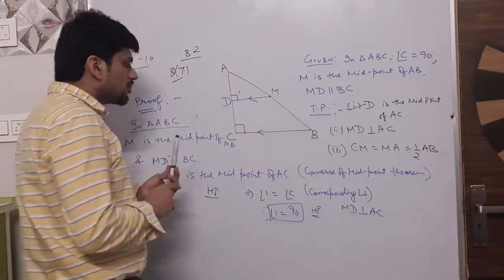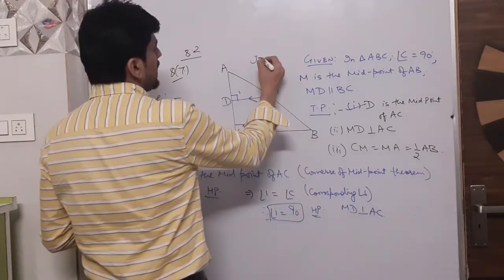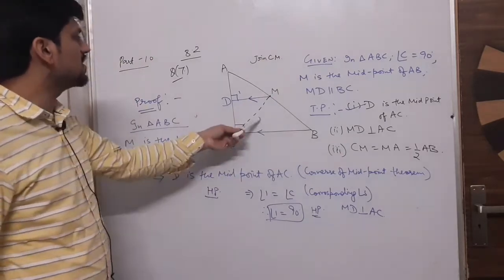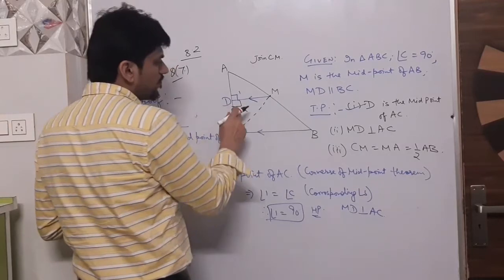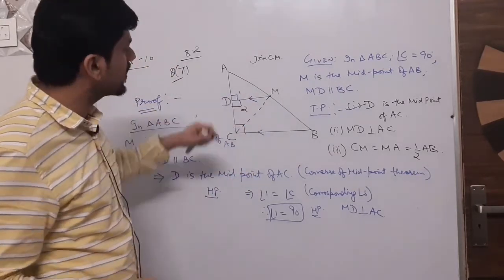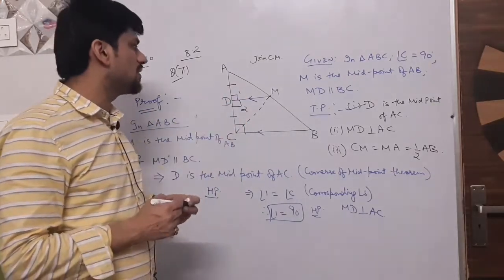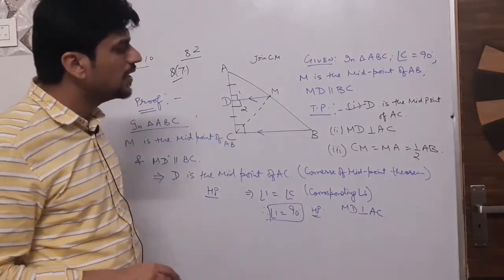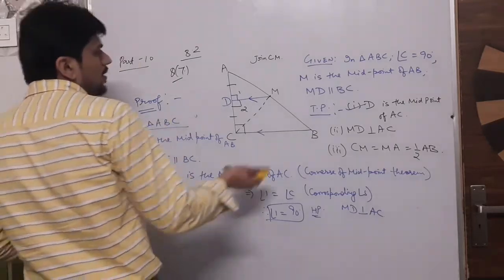Now for the third, we have to join CM. तो हमने CM को join कर दिया. So we'll write join CM. Now CM is equal to MA. So for this, let us take this angle 2. Obviously angle 2 is 90 degrees by linear pair axiom, since it is perpendicular. Angles 1 and 2 are equal. AD and DC are equal, as we proved in the first part, and MD is equal to MD, it is common. So by SAS these two triangles are congruent, and CM is equal to MA, but M was the midpoint, so MA was equal to half of AB, and that clearly proves it.